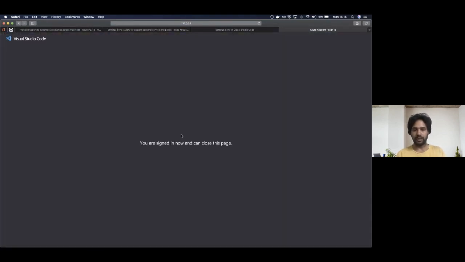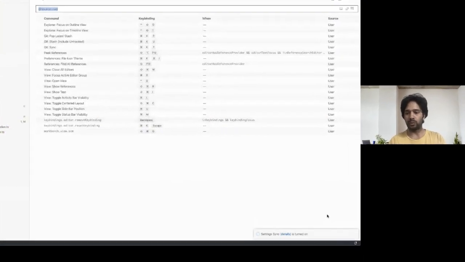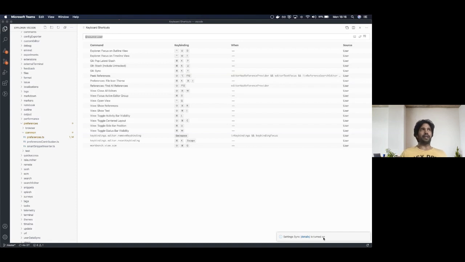I think the flow might go fast. Okay, now I have signed in, and then I come back here. So the setting sync is on in a second. You can see here already that setting sync is turned on. So it means that all my user preferences are in the cloud. Now I can go to my second machine and see how I can set up